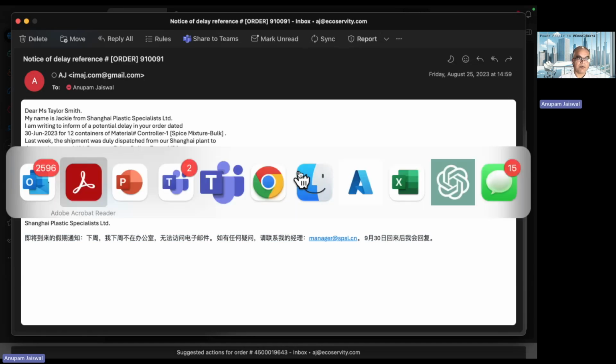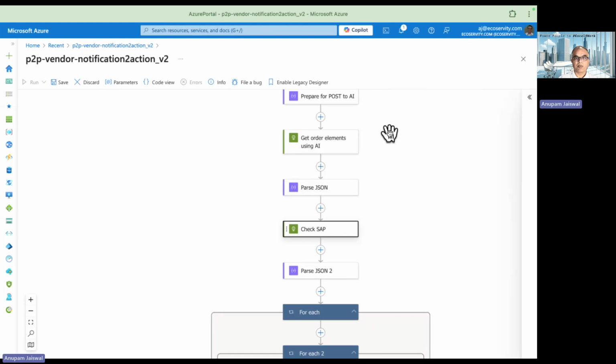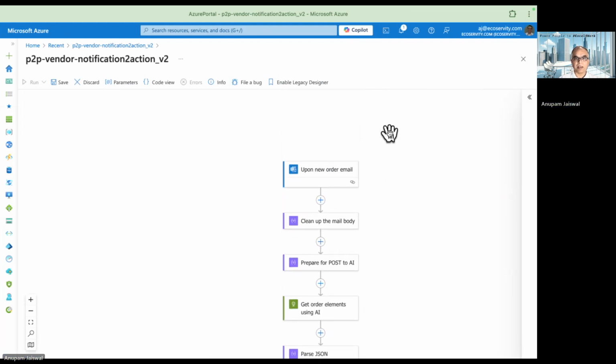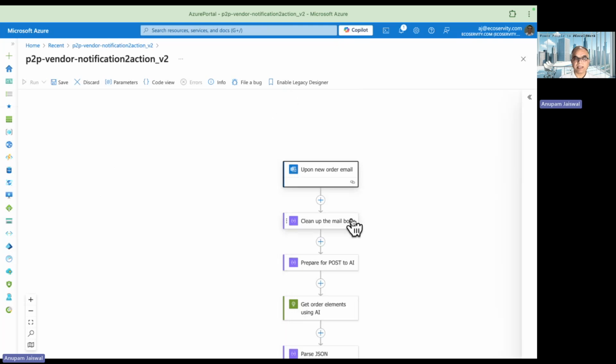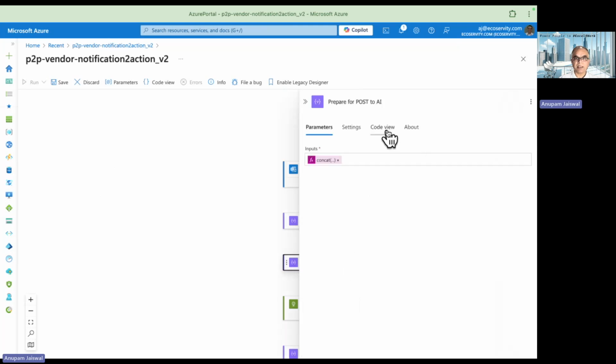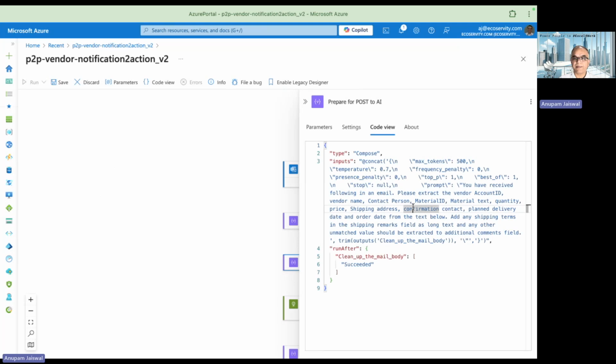So what we do is pull this first upon the email trigger. We want to start processing this workflow. First, clean up the email, and then the next step is really to post this to AI. So here we are telling OpenAI